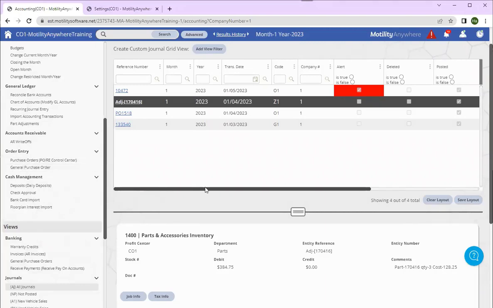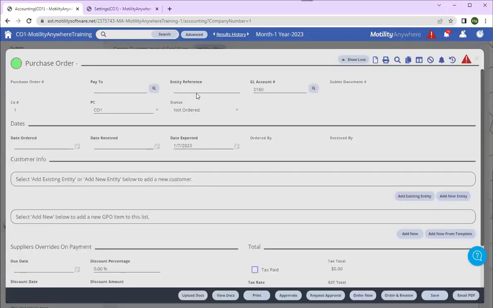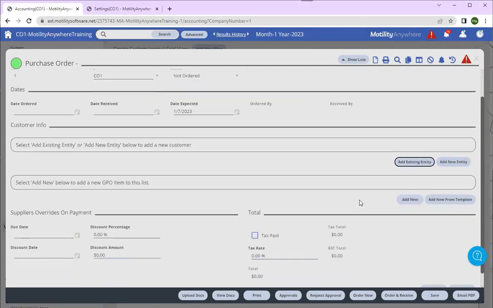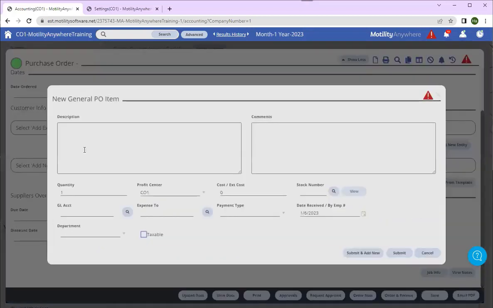Again, general purchase orders look a little bit different, but you can input your entity reference. If you have specific dates that you need to have entered, you add your entity for the purchase order. And then you add the individual why. What is this for? So when you go ahead to add this, it is a little entry screen where you